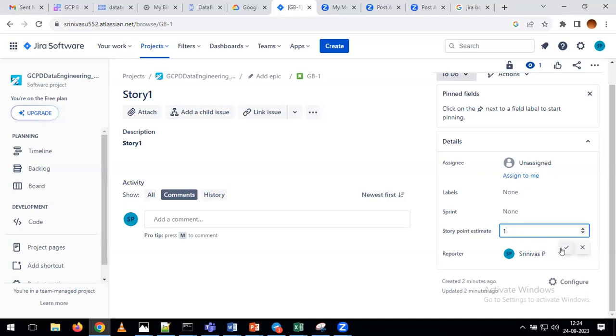After giving the 1, below you can see the cross button and a tick button. Please click on that. You created the story. After that, we are assigning the story points. Okay. Now my next requirement is I want to move the story to the sprint, and for that reason,